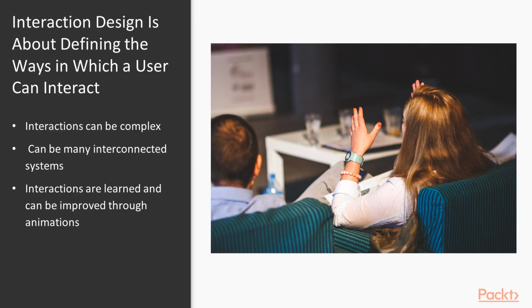Now, the role of interaction design is really trying to define the ways the user can interact. Interactions can be complex, but we really want to make sure that we're thinking about how the systems are interconnected. If you have to train your user to swipe or to tap, to move their hands, there's a gesture potentially that needs to be trained into your interface. And this is where motion, and what we're going to be talking about from an interaction design perspective, can actually help. They might want to do that. So let's go to